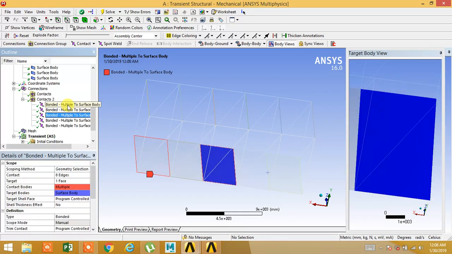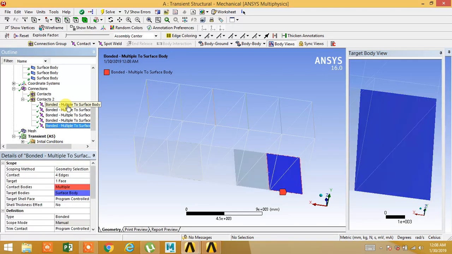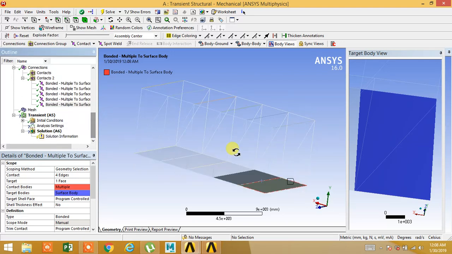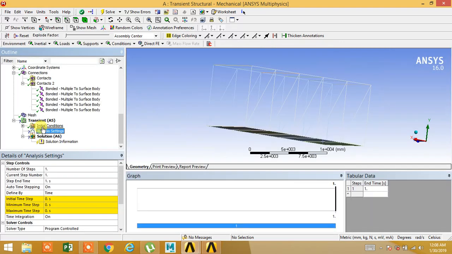First, second, third, fourth, fifth. All contacts and targets are given. Okay. Then here is question mark. RSC setting means some inputs we need to give here.